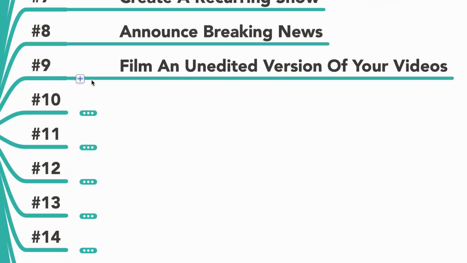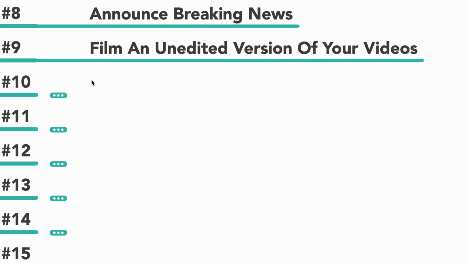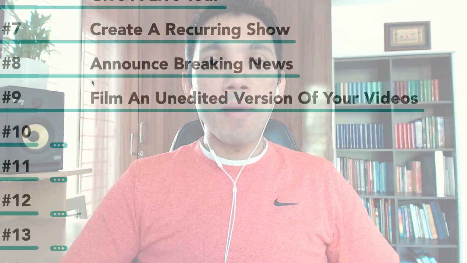Number 9, film an unedited version of your videos. Okay, so you may be doing professional videos with a professional videographer. If you're doing that, you can have somebody else just take unedited versions of that. And you can just go on Facebook Live and say, okay, we are just going to shoot this video right now, and more to give a feel of how it is, not the actual professional video, but how it is